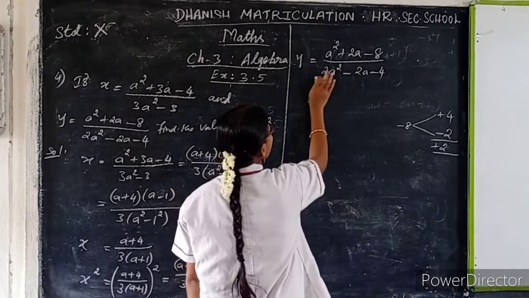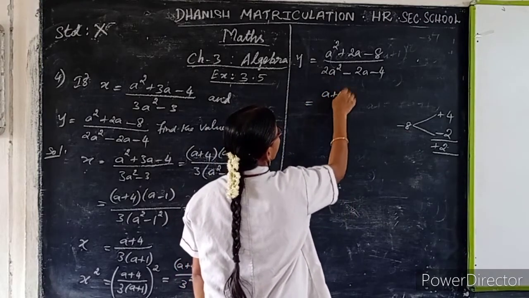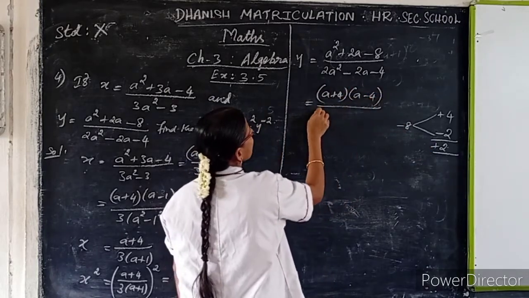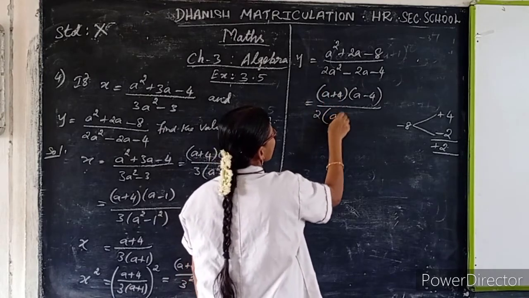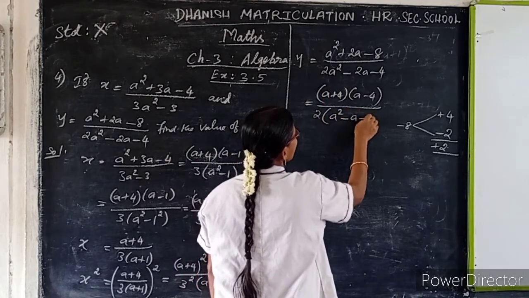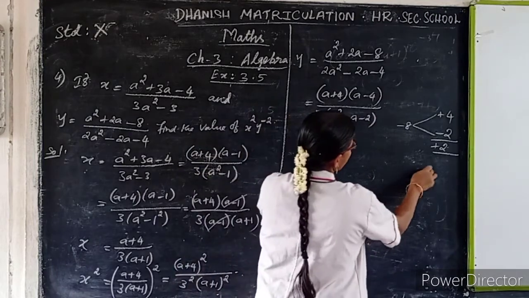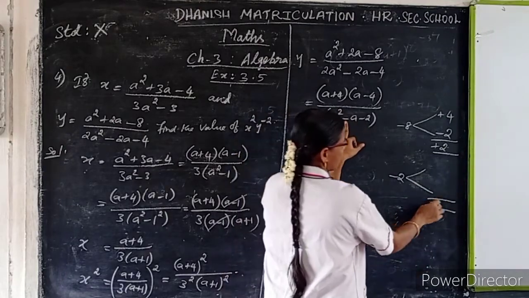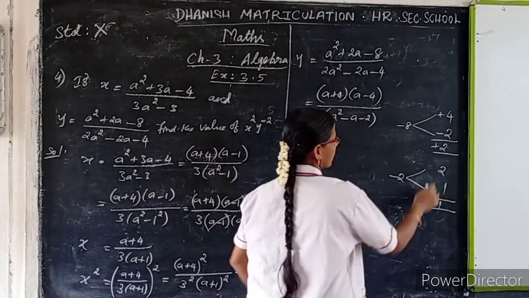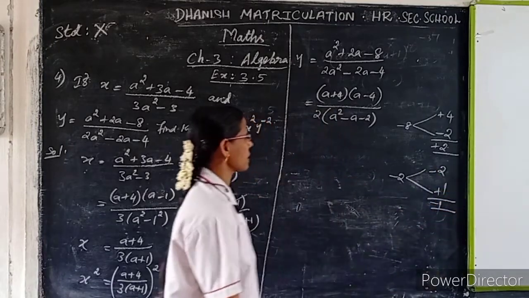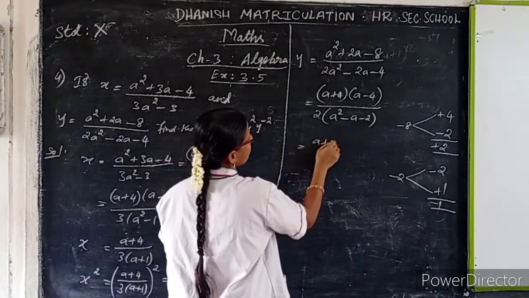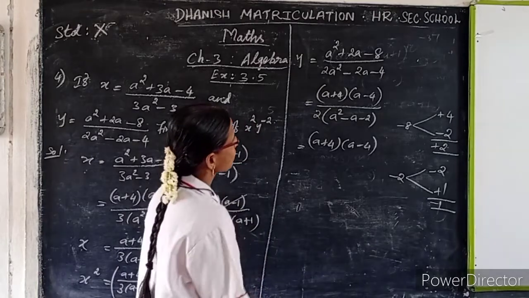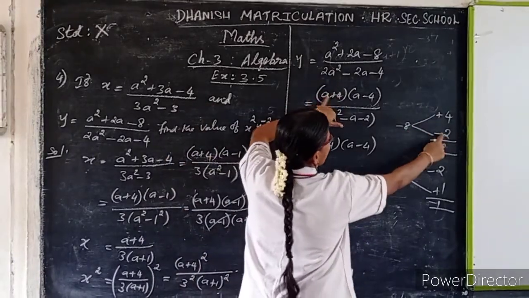So the numerator can be written as (a + 4)(a - 2). In the denominator, 2 is common, so a² - a - 2. Now it is a quadratic. Again factorize minus 2. Here the coefficient of a is minus 1, so 2 ones are 2. Here the greater number is minus, the smaller number is plus. So (a + 4)(a - 2)...